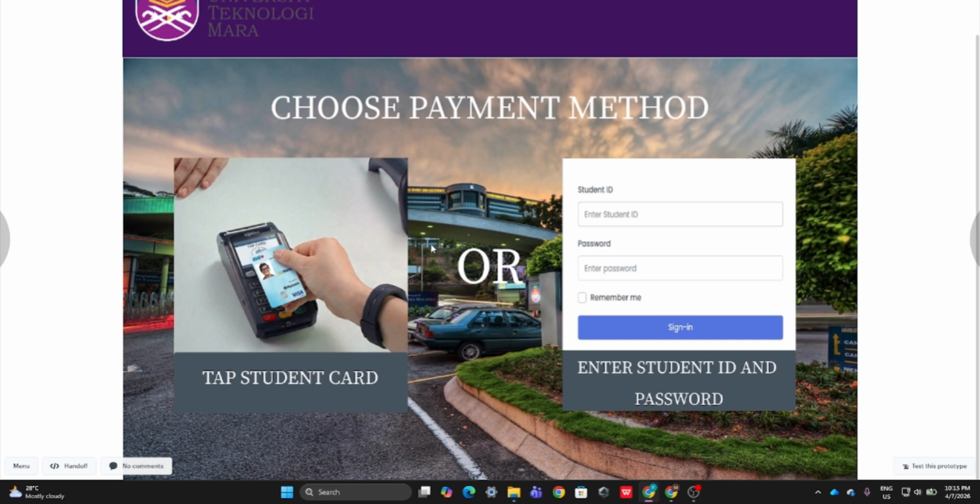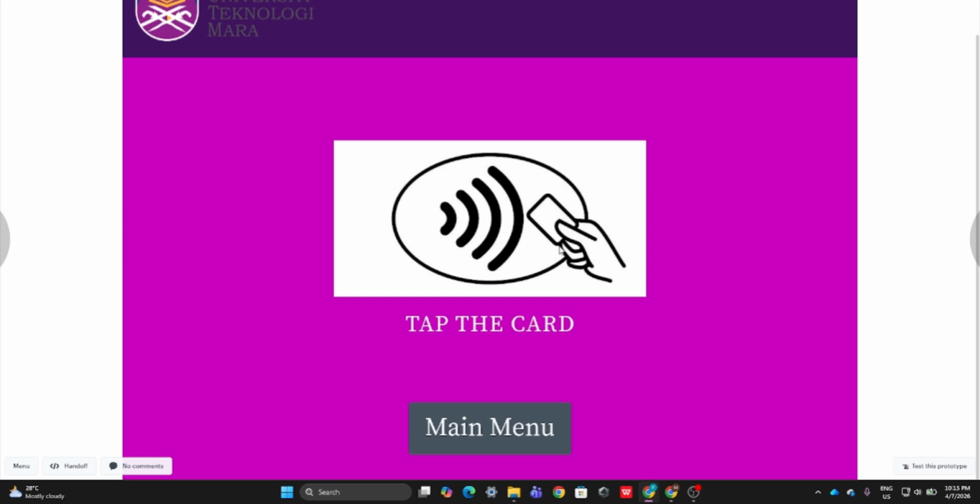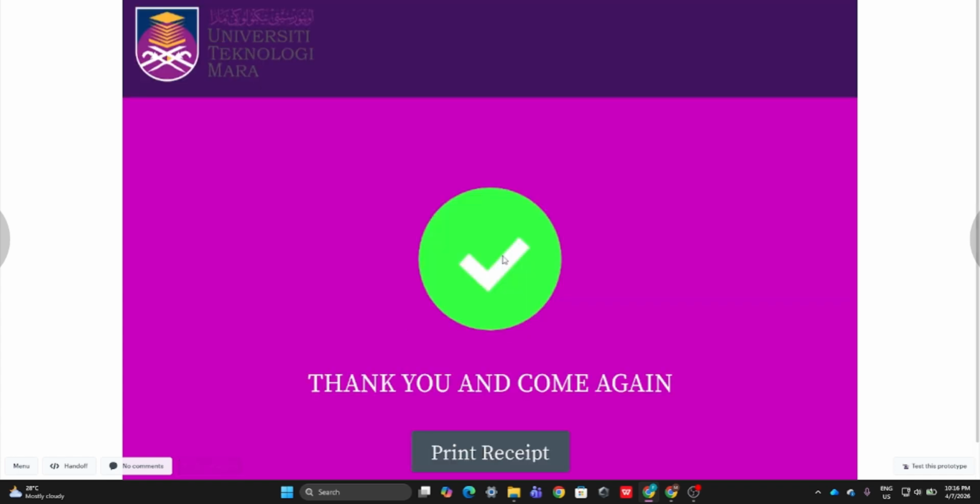So as for a student who wants to pay with their student card, this is it. Click here and then just tap the card as usual, but the specialty is they need to use a student card. They cannot use any bank card to make a payment. And then after the tap, the transaction